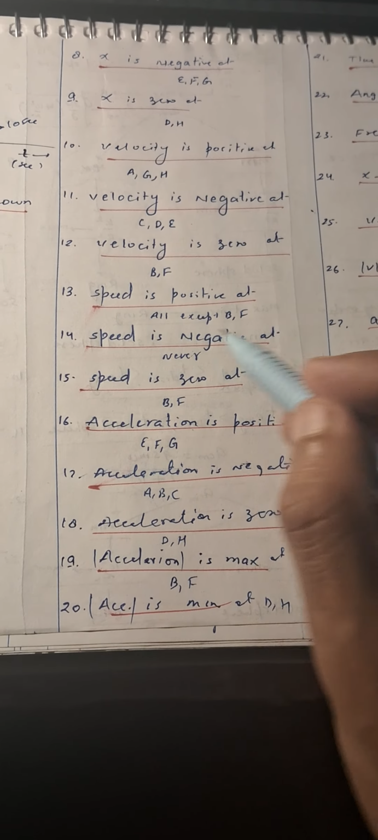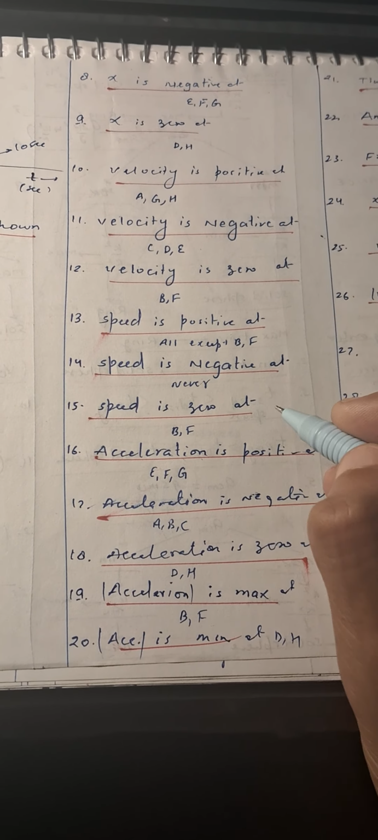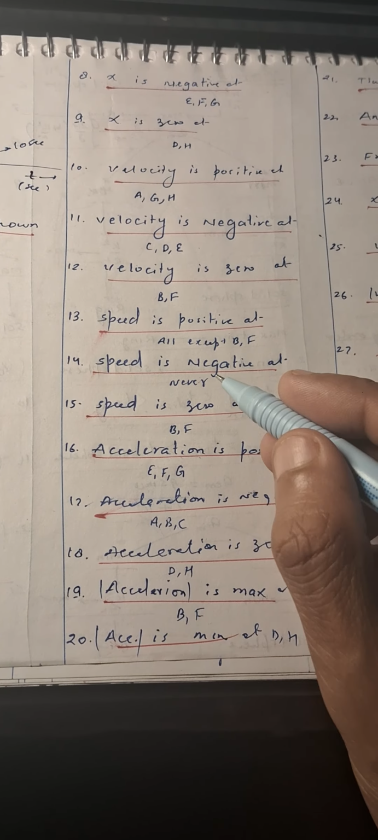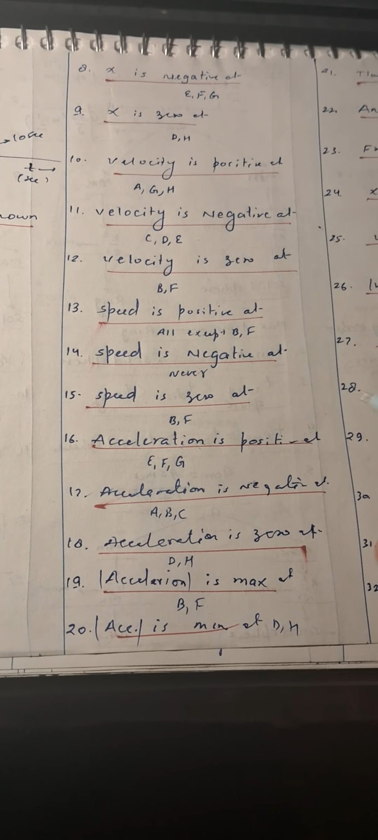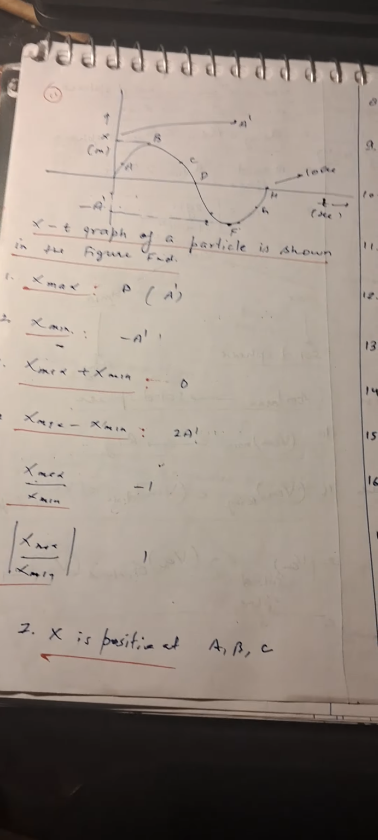Next question: speed is negative at, so speed is never negative. Speed is 0 when the slope is 0, which corresponds to points b and f. Then acceleration is positive at, so acceleration is given by